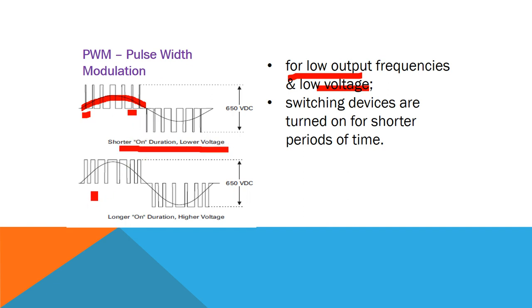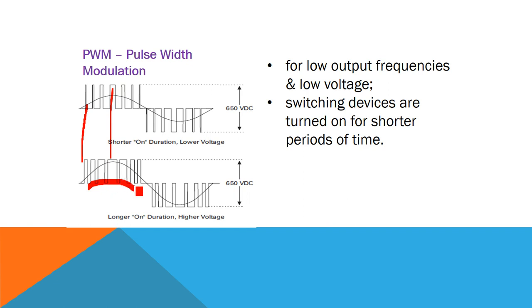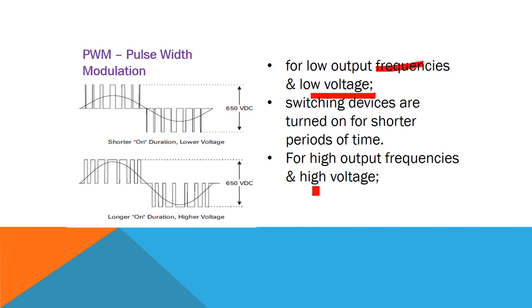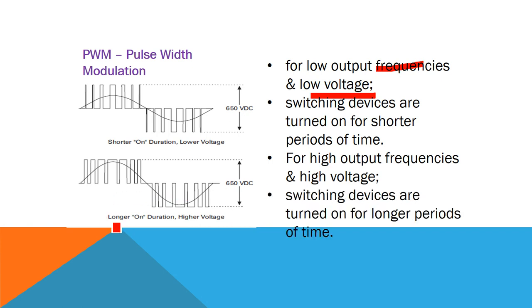You can compare at the bottom, the on duration is more. So here and here you can see the difference. The on time is more, and in the mid part also on time is more. So effectively when the on time is more, we will be able to see here the effective voltage is becoming higher, whereas in the previous case voltage was less. So by controlling the switching widths, we will be able to control the frequency as well as voltage that is required for our VFD and the motor supply. And for high frequency and high voltage, we are creating longer on duration. So this is how PWM control works.